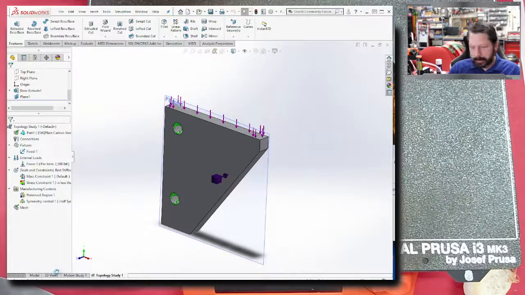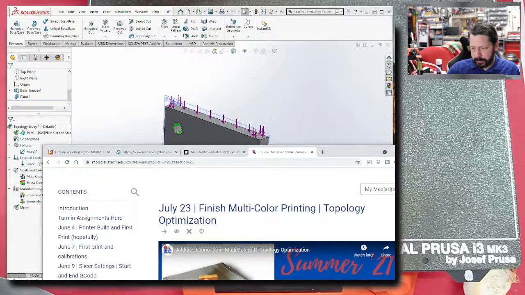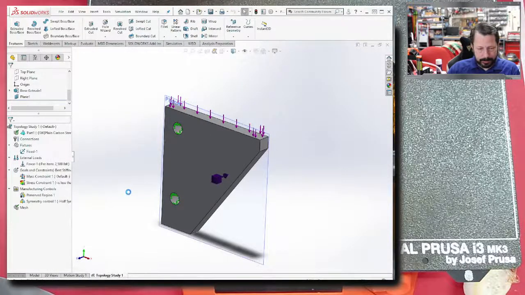Down at the very bottom, right underneath that, it says what it's doing, and it's pre-running the static study. So basically just the finite element analysis like it normally would. But it is taking quite a while. I'm going to see if I can close some windows in the background to give it a little bit more. But it is having to stream also, and so I might have to